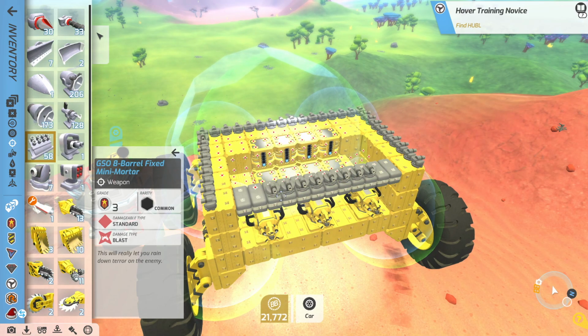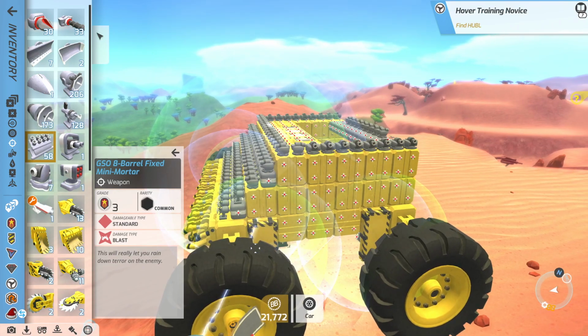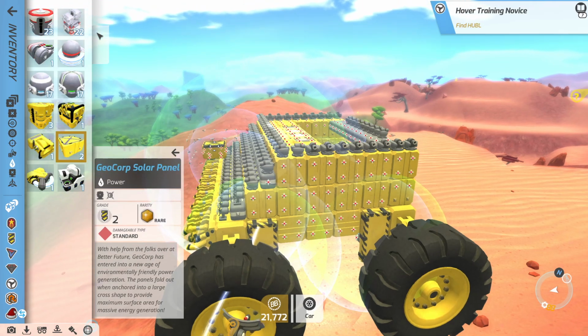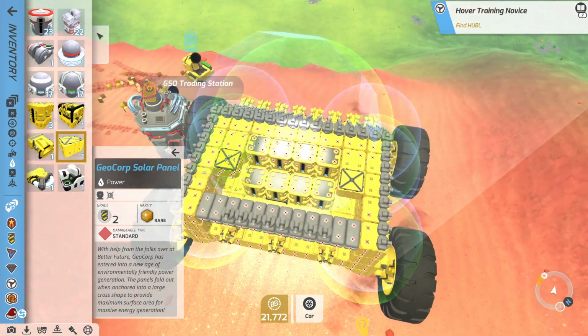So we'll put those in the back, because you have the cannons, you might as well use them. It doesn't really make sense not to use them. And then let's see, we need some power generation. So we have 2 of these bad boys. So we'll stick those in the corners, like